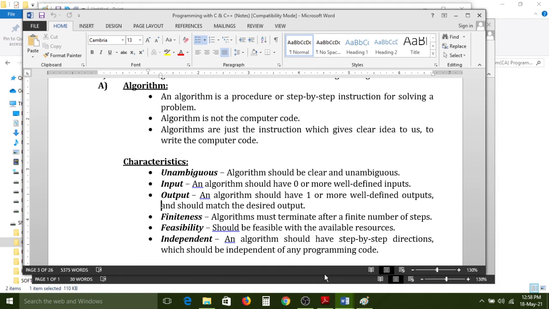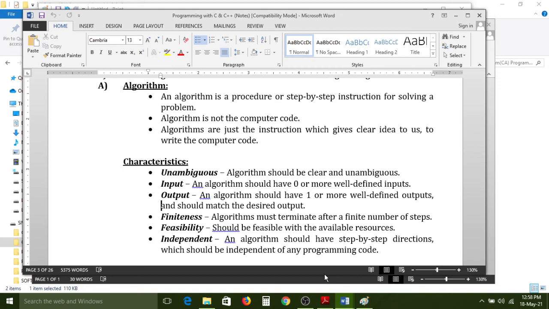For example, if you insert the card in the ATM, immediately it will ask for one more input. What is that? Again, you need to enter the PIN. By reading that line, you need to enter your ATM card PIN. After entering the 4 digits of the PIN, your account will be validated by the server and it will display other pages: withdrawal, balance inquiry, password change, PIN change, all those things it will display.